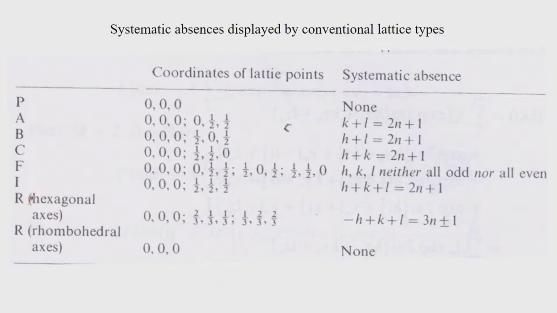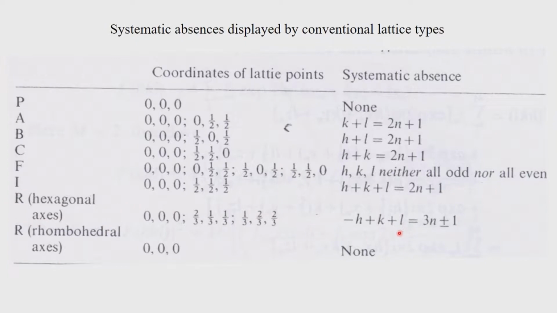So, we will have therefore 3 values coming up for equivalent points of the coordinates, and therefore we have 3 lattice points, and therefore the systematic absence will come up as minus h plus k plus L equals 3n plus minus 1. So, this is a very special case, we are not going to discuss it in detail here, but you should